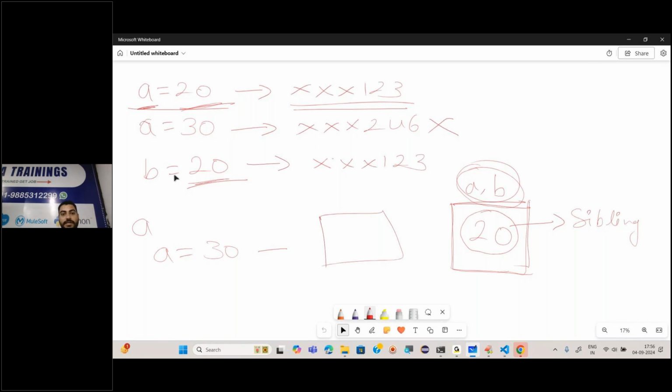So tomorrow I'll complete this particular integer data type, and also we have something which is actually, I should have shown you that also. Just give me a moment. Someone has